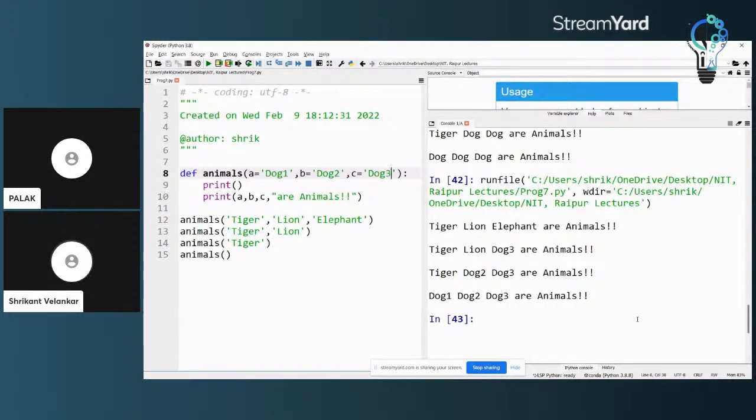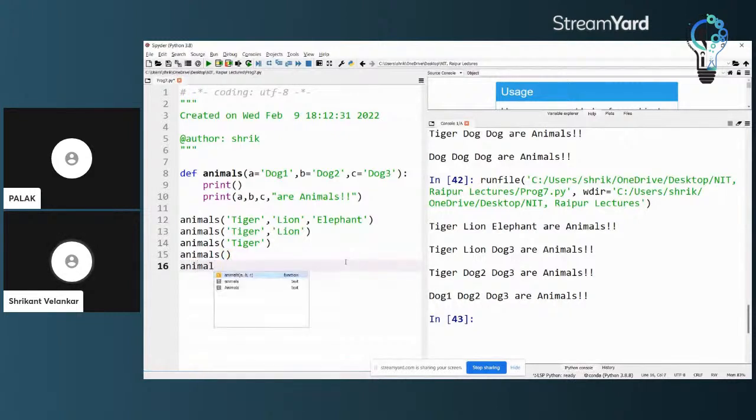So it went on taking default values. In the last one, we didn't pass any parameters, so all three default values were taken. Now the question comes: is it possible for me to pass only the second parameter or only the third parameter, or will it always be that if I pass one parameter, it is treated as the first parameter? No, we can do that.